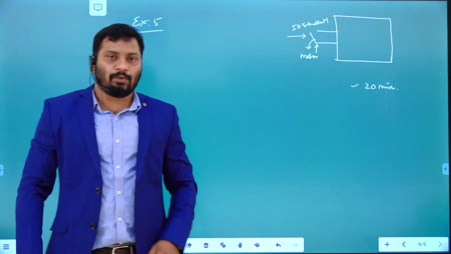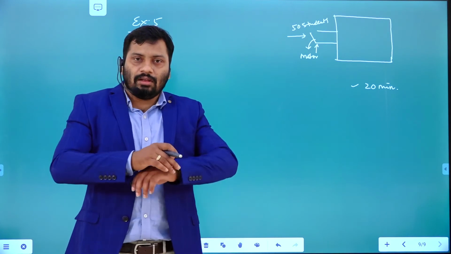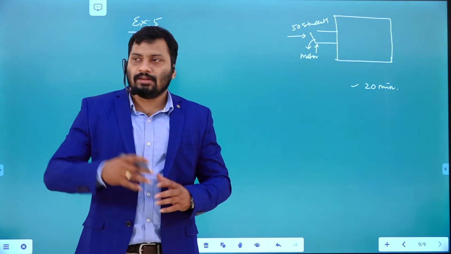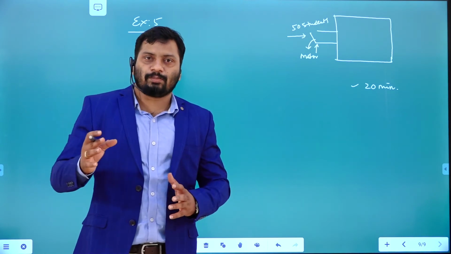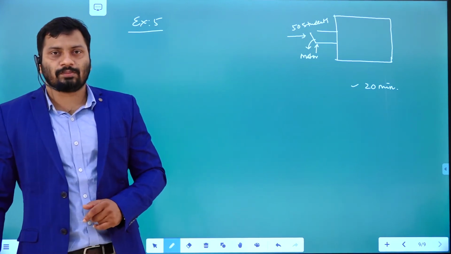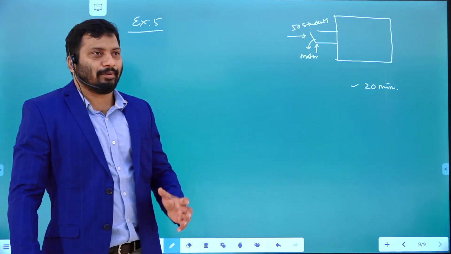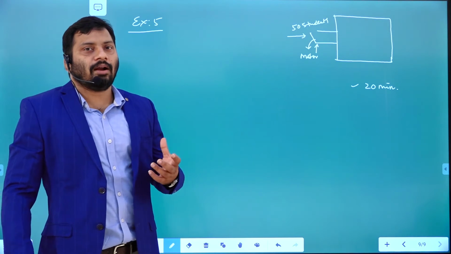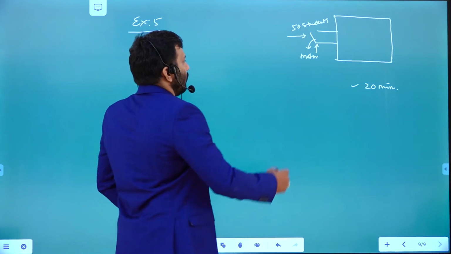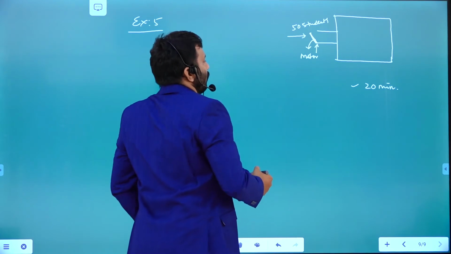If, for example, you consider this room, open the door. After opening the door, wait 20 minutes, then allow students into this room. After 50 students enter, close the door. This is just a live example I am taking. For this example, what sensors and actuators are required? Actuator 1 is one motor you need to connect to this door.